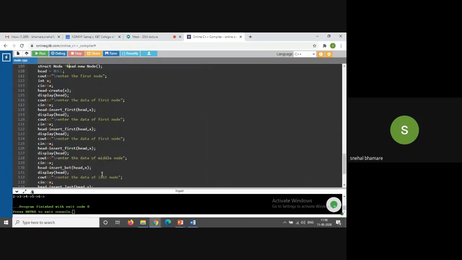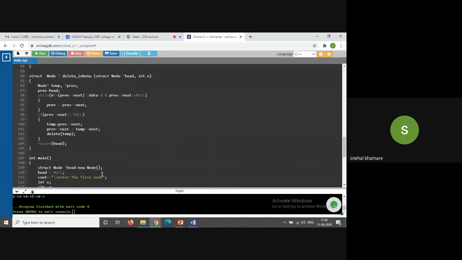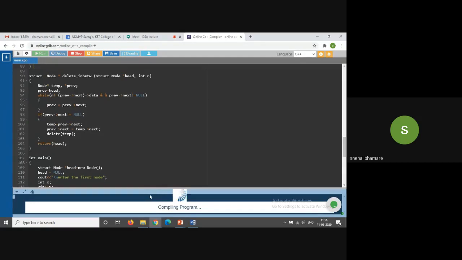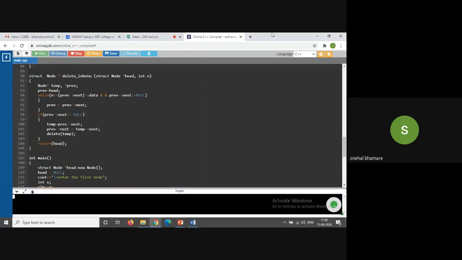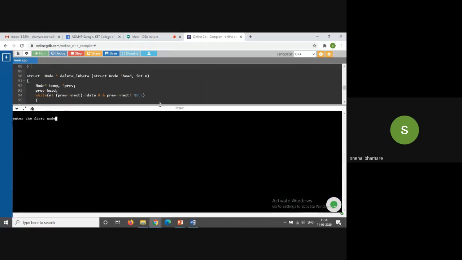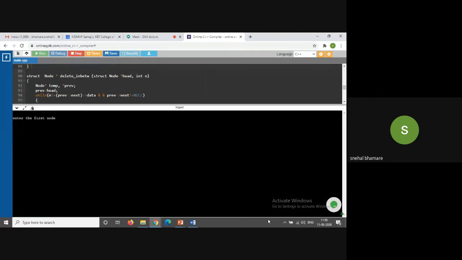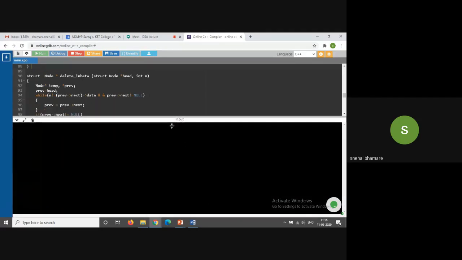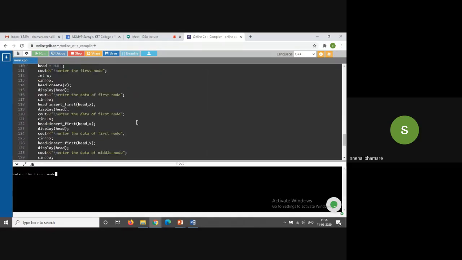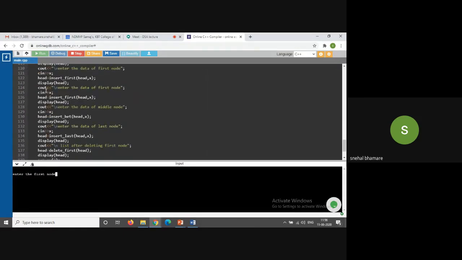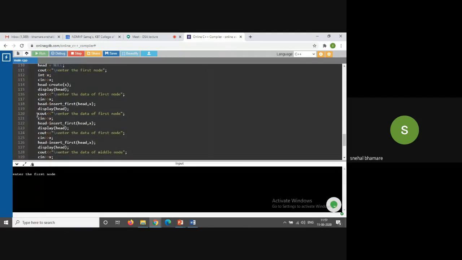Okay. Now we will check whether it is executing properly or not. What I'll do, I'll just reduce the size of the linked list. We have called the insert at first function 3 times, right?